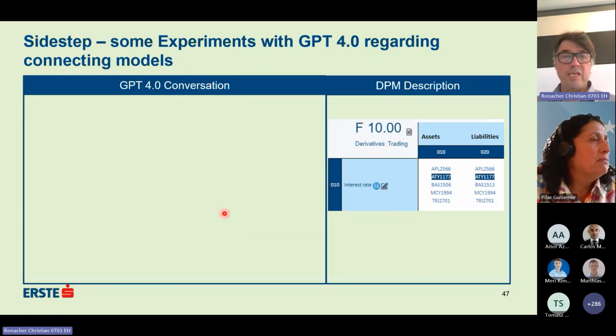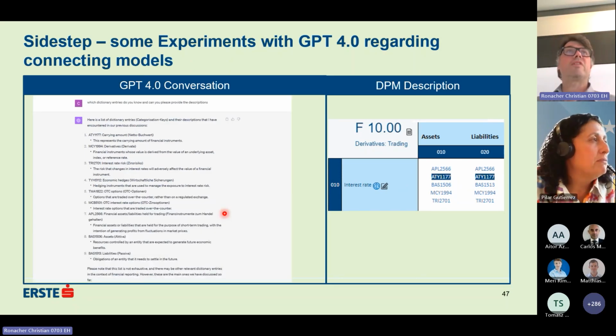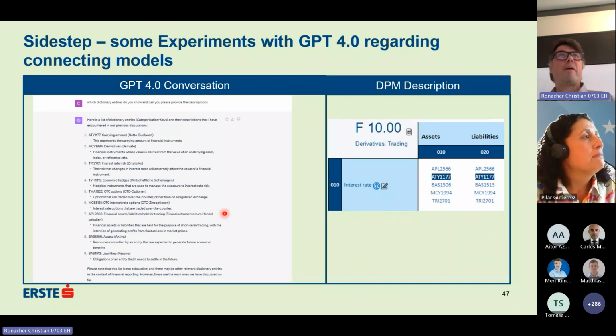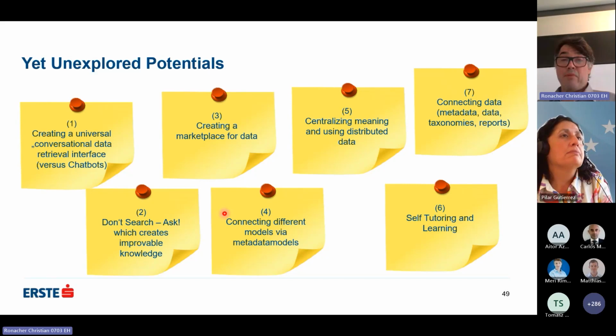And then we asked GPT, according to the rules provided of the data point model, what is the difference and how can you connect those two models? And it provided a kind of mapping result from the model to the metadata model. We did this also model to model and metadata model. This worked not so well, but it could be improved very much. So I just skip those things, which in my opinion are also very, very valuable for us.